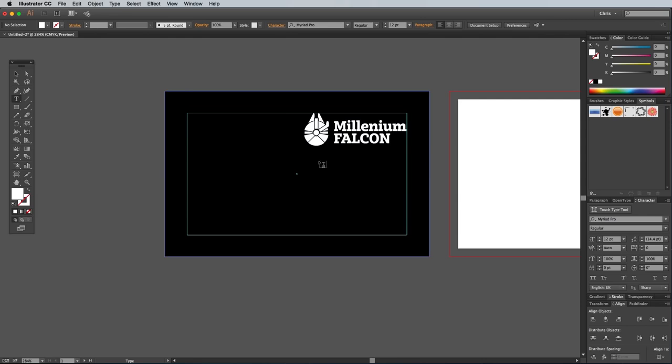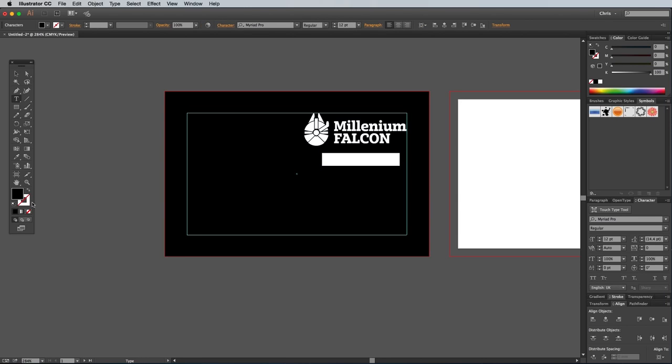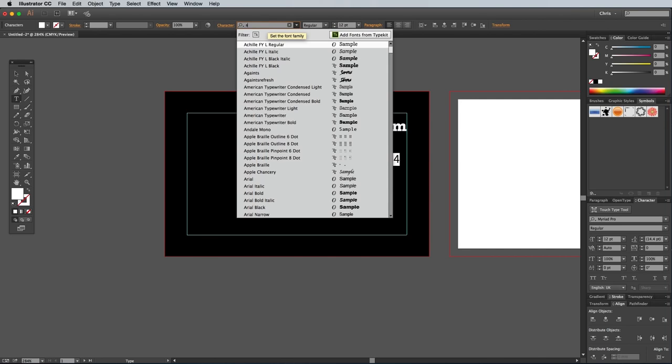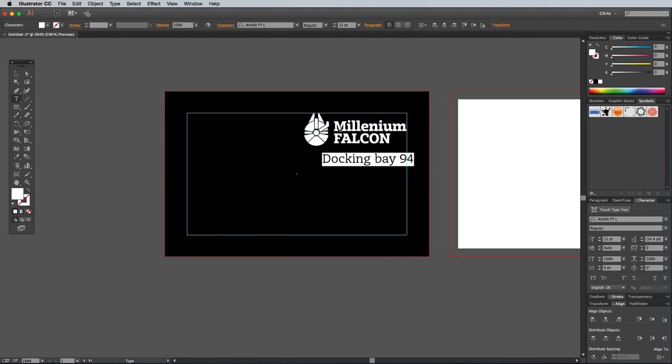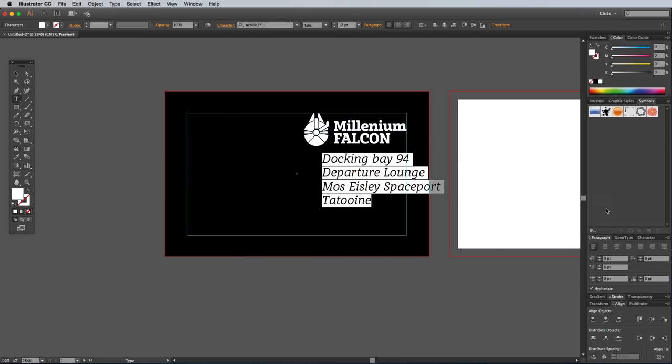When entering the text for your print design, 6 points is usually the lowest you'll want to go. The business card is held up close so you can get away with generally smaller type, but be careful if you're using elegant fonts with high contrast. There's a point where fine lines become unprintable. The slab serif Achille font that I'm using is pretty robust, so it can handle 6 point even in its